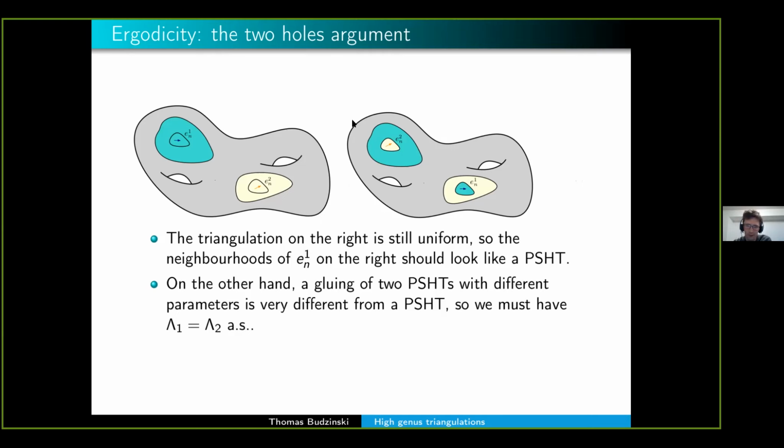There is a work by Le Gall and Ménard. There is also a project of Baptiste Louf to prove that it's possible to find large expander graphs in uniform unicellular maps of high genus. Usually, if we want to understand the properties of high genus maps, the easiest setting, maybe I should have mentioned it in this talk, for example, the local limit is much simpler to establish for unicellular maps, so maps with only one face instead of maps with all triangles, and this has been done by Angel, Chapuy, Curien and Ray.